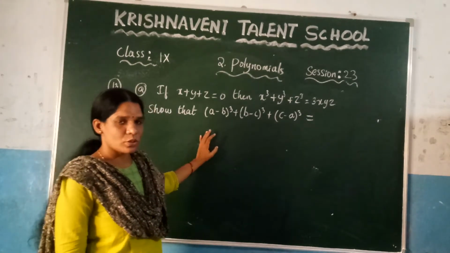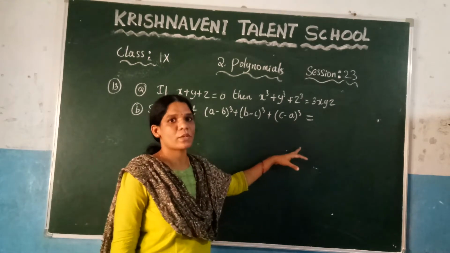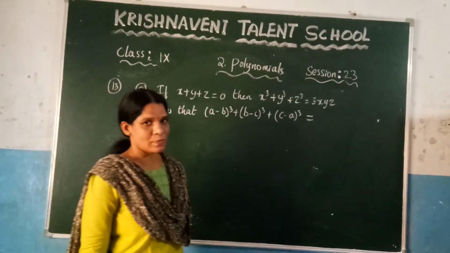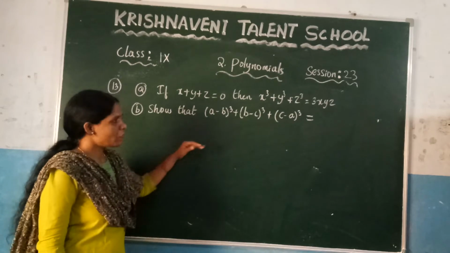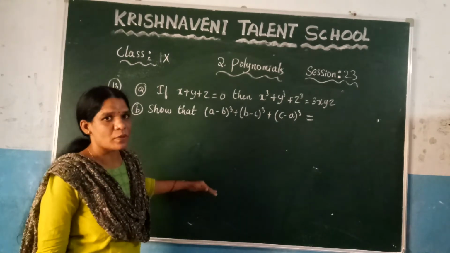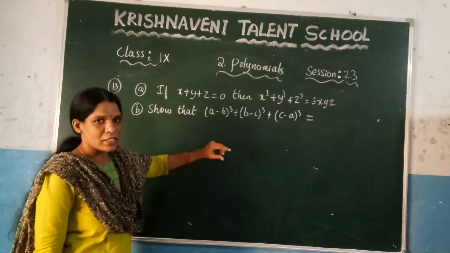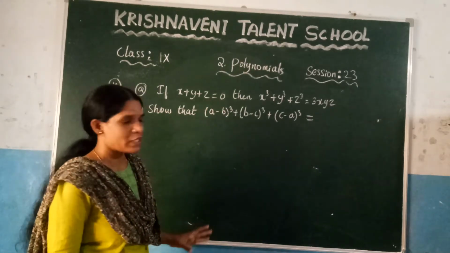Show that (a minus b) whole cube plus (b minus c) whole cube plus (c minus a) whole cube is equal to 3 into (a minus b) into (b minus c) into (c minus a). That we need to prove here. Before proving this one, from this problem onwards we are going to use this condition. First, if you want to find this value, you can observe that it